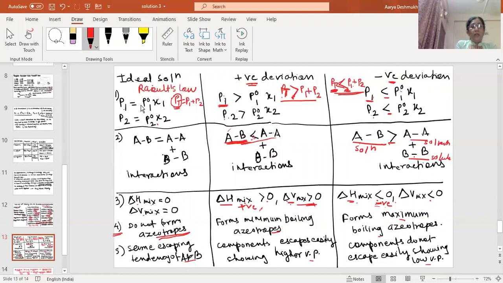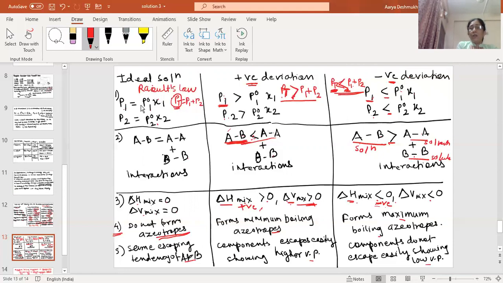Now whenever it is an ideal condition, this delta H should be 0 when you mix them together. So the change in volume should always be equal to 0. But in case of positive deviation, as I earlier explained, delta H is positive, it is absorbed during this positive deviation. And when you mix solute and solvent together, there is a change in volume. A little bit of volume is increased by some ml. It is expected to be 10 plus 10 equal to 20, but it is coming out to be 20.2. So that small increase, that is delta V, is greater than 0.